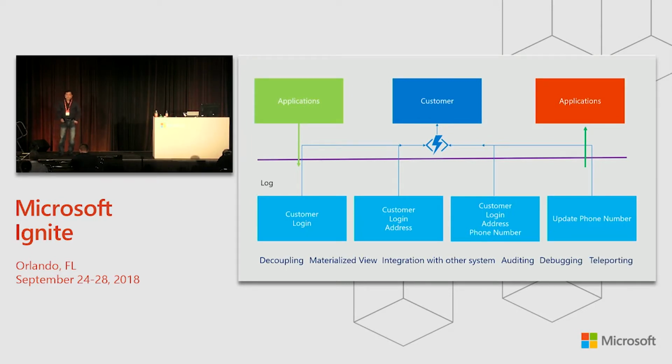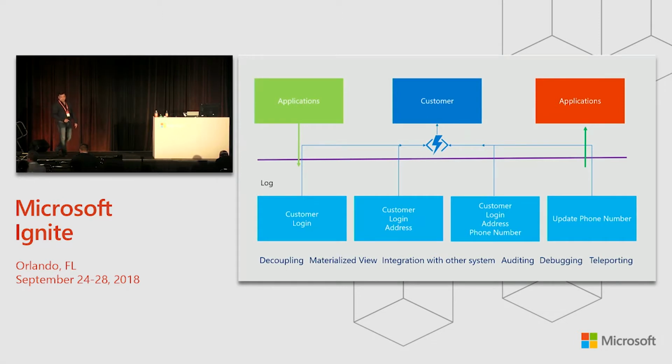Teleporting. I can take all this log and run it in some other region. And that's how we do data replication in our databases. We take the log and just run it on the database again. So we can teleport this domain, the customer state, anywhere else. So these are a few benefits of